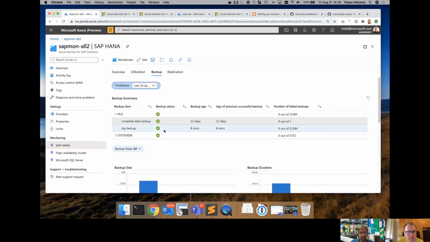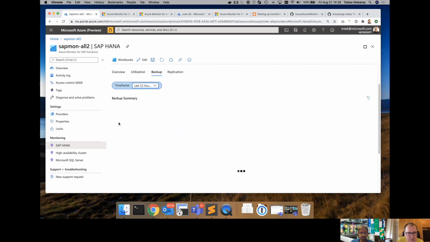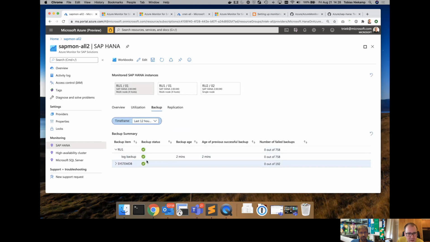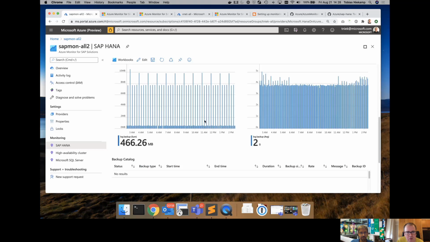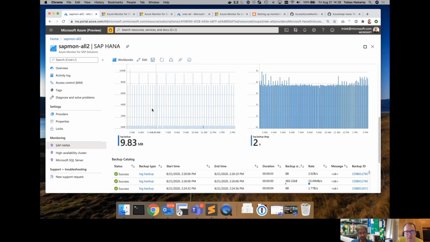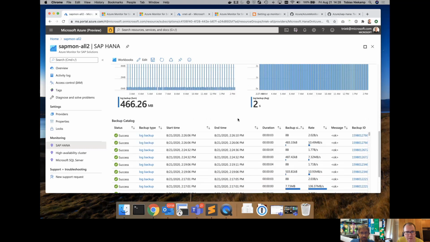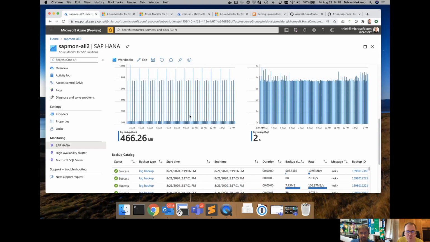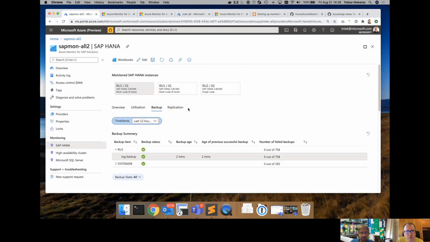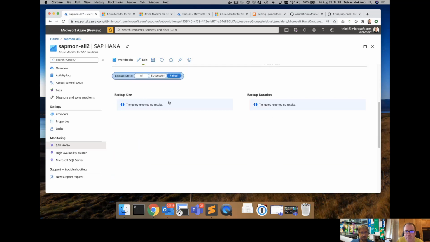The log backups, I'll go back a little bit less. They run, I think, every 15 minutes. So I can also take a look at how this stacks up, right? And if I visually spot any irregularities here, I could also filter by only the failed backups if I'm interested in that. I'm not sure if we have any in this specific case. No, there are none right now.